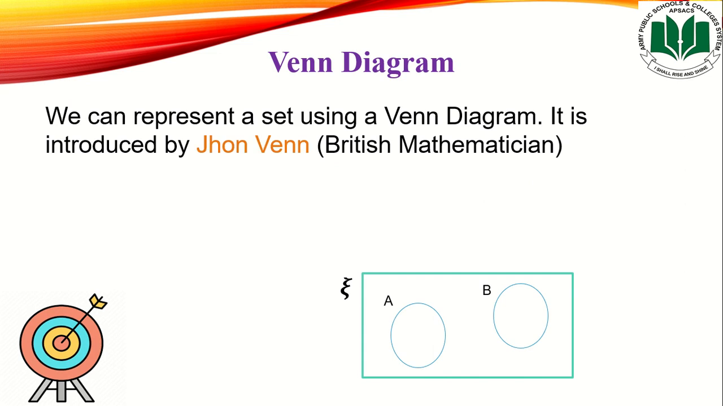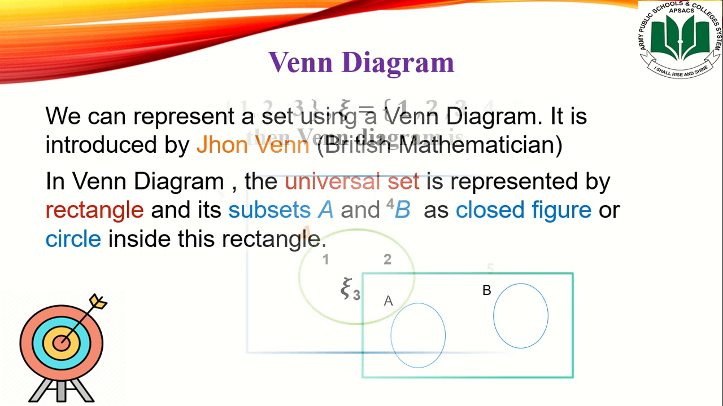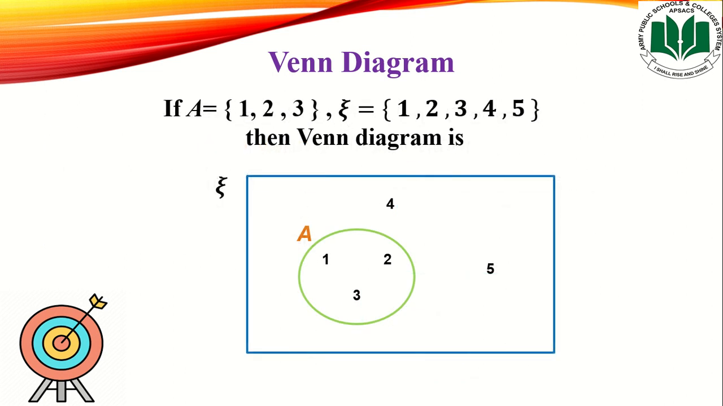Venn diagram. We can represent a set using a Venn diagram. It was introduced by John Venn, a British mathematician. In a Venn diagram, the universal set is represented by a rectangle and its subsets A and B are closed figures or circles inside this rectangle. For example, if A is equal to 1, 2, 3 and the universal set contains elements 1, 2, 3, 4, 5, then the Venn diagram is